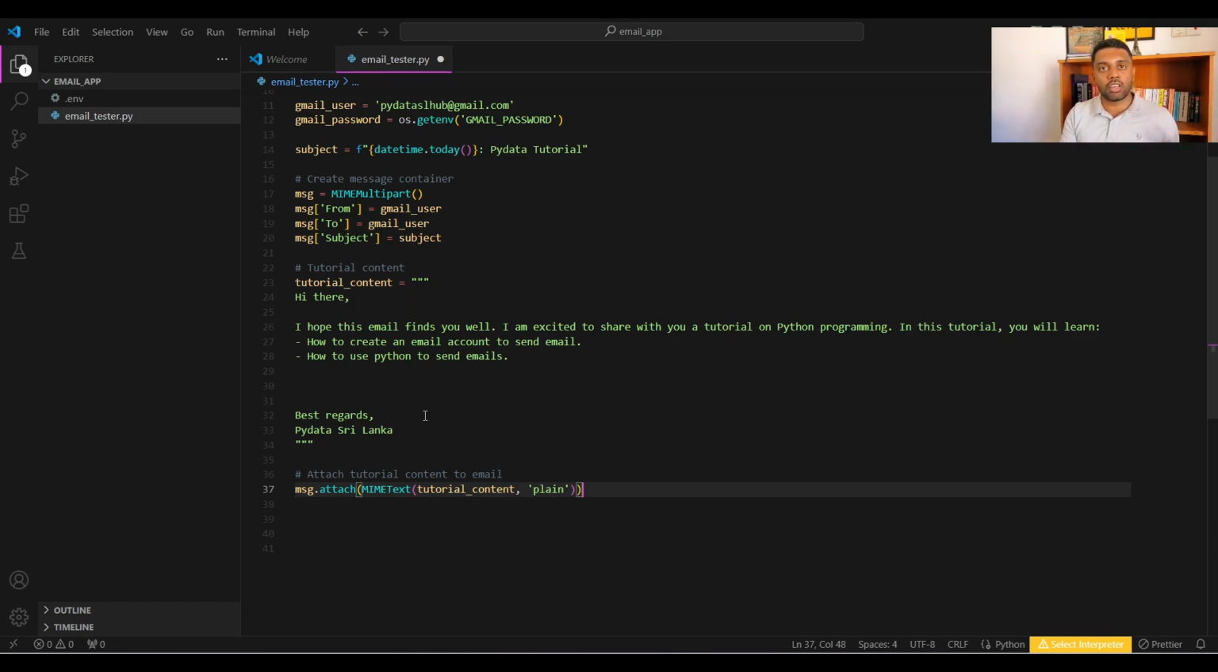So you can mention it in HTML style as well as in plain format like this. And you're going to just say, look, this is going to be in plain format. Just attach it as it is to the message body. So when you do this, then it will attach this MIME text into the message body, and then it will